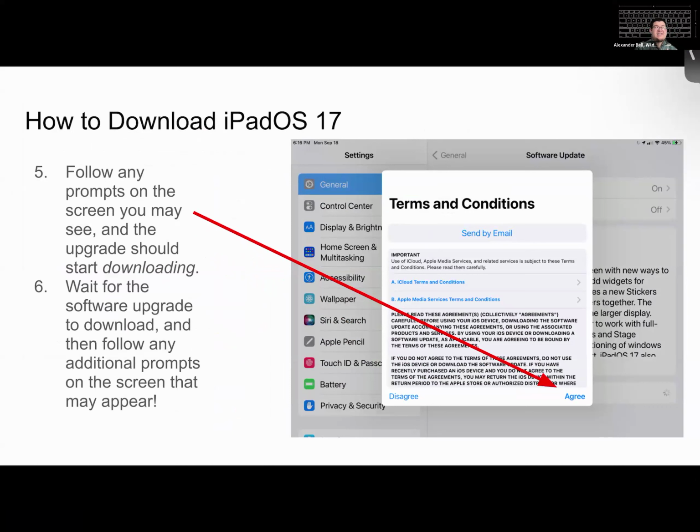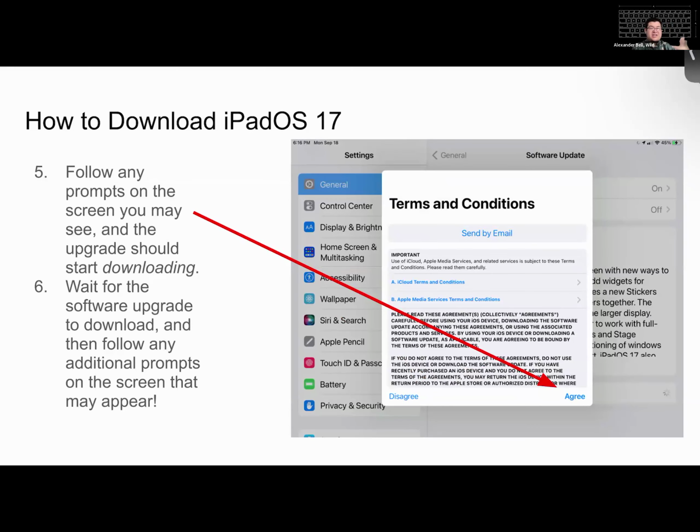So again, if it asks you want to use cellular data, make sure you say allow cellular data. So in case you take your iPad out of your home, if you connect to your Wi-Fi, it can still download, but just make sure you hit allow for that option. And again, if any of these terms and conditions from Apple come out, make sure you hit agree. So once you hit agree and the process goes, your iPad will then restart. And when it comes up, you'll say, hey, your iPad is updated, and you can check it with the same